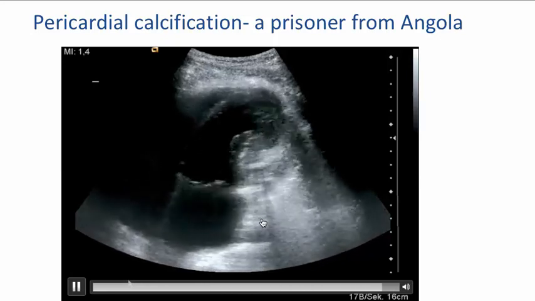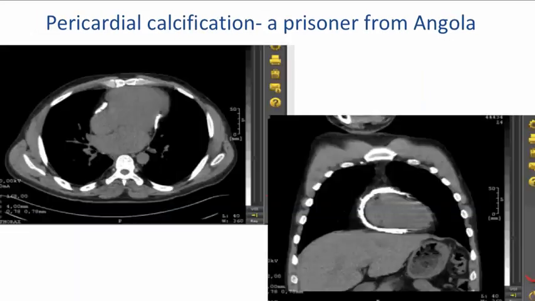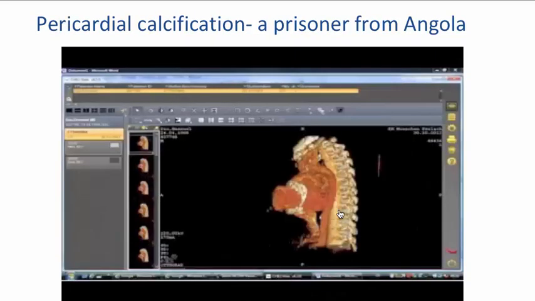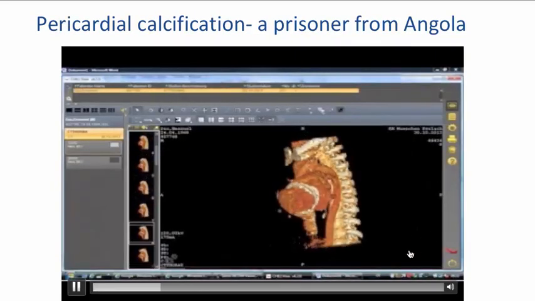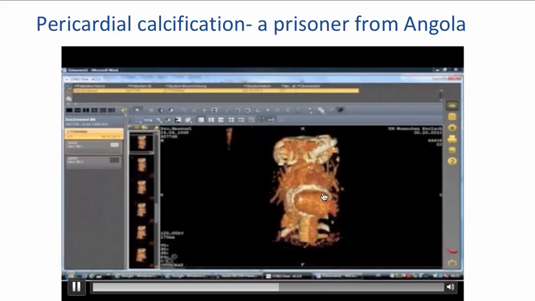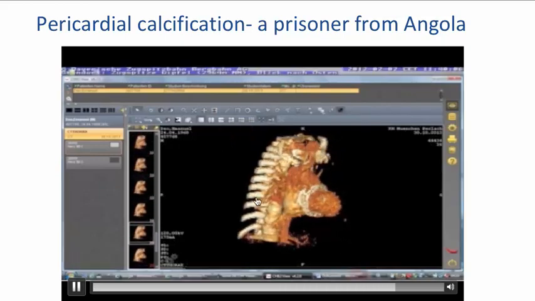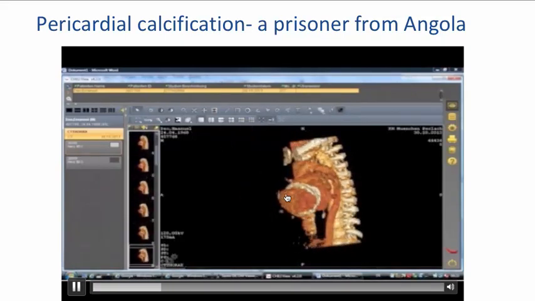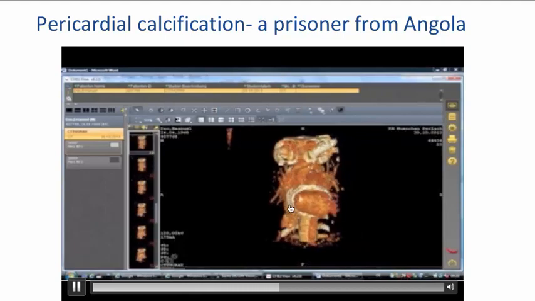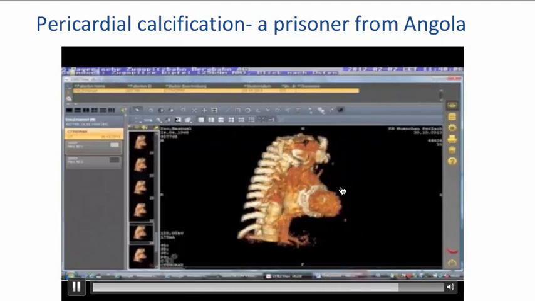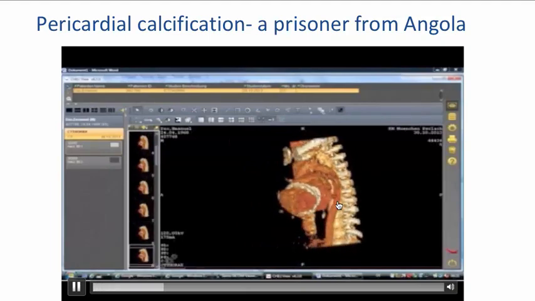And because in Germany we have all the means and all the possibilities, we did a CT scan for him, and you can see this calcification surrounding the heart. It is almost ring-like, and the radiographers did a 3D reconstruction. You can see the white here is the spine, and obviously here is the almost bone-like ring around the heart, and that of course is a form of